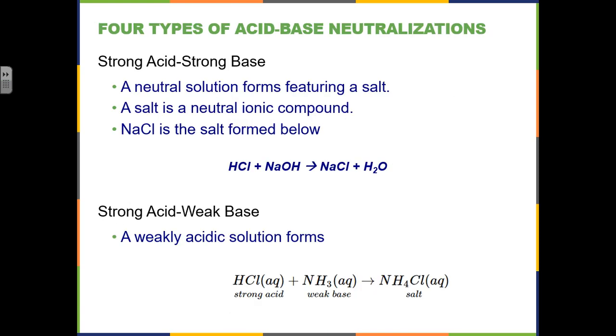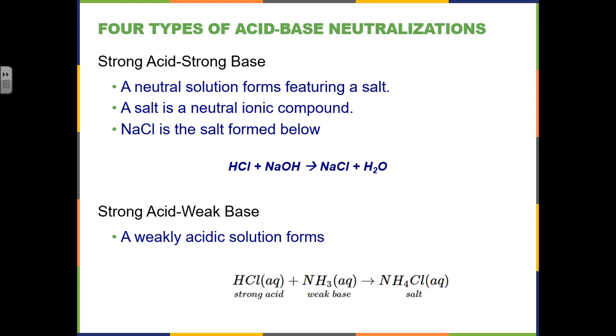Now, there are 4 main types of an acid-base reaction. And for all intended purposes, an acid-base reaction is called a neutralization reaction. It is called a neutralization reaction because when you mix an acid with a base, it yields a solution that features a salt. Now, more specifically, the nature of the reaction will tell you what kind of salt you create. When you react a strong acid with a strong base, the product that you get is a neutral salt